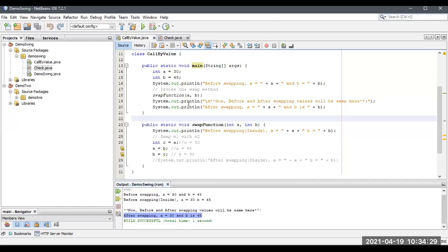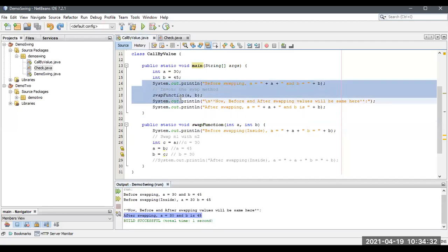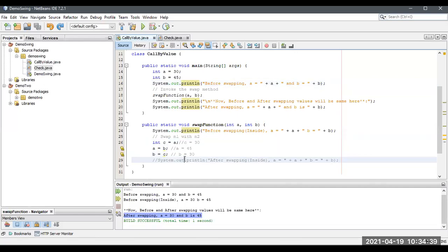Inside this, the values don't change because the values are swapping outside the function. It will be changed over here. It will be swapping in this place only. If you want to change those values, we need to use a call by reference. Then only the value will be changed. By using the object only, the swapping takes place inside the calling method itself. This is the calling method from the main method. If you want to change these values A and B, it is essential to use an object.